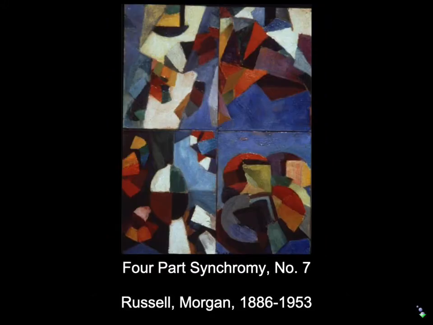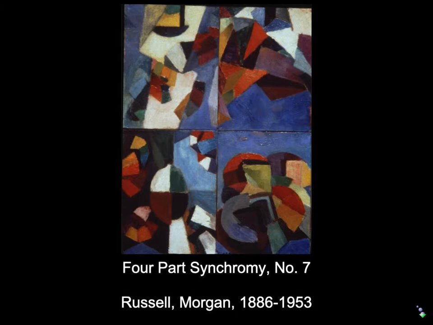Second of that Synchromist group is Morgan Russell. Now, Morgan Russell's interesting. He's, in my mind, a little more adventurous. He dares to paint really purely abstractly, deciding that, in fact, color does exist in nature, and color is a structure. So I would still say this is in a way grounded in nature, but not so much in an object in nature or a perspective space or figure kind of thing, but more just in color itself.